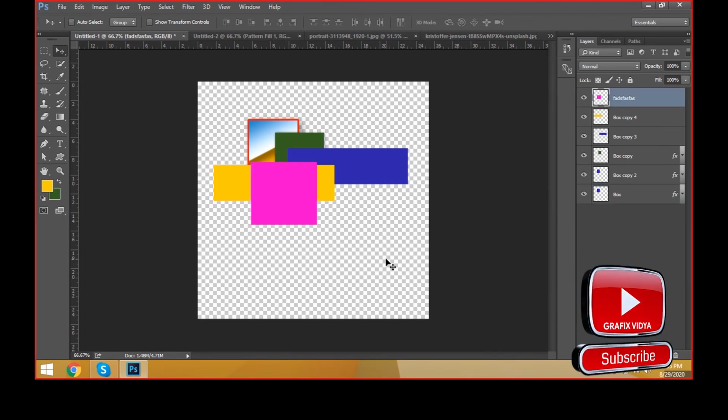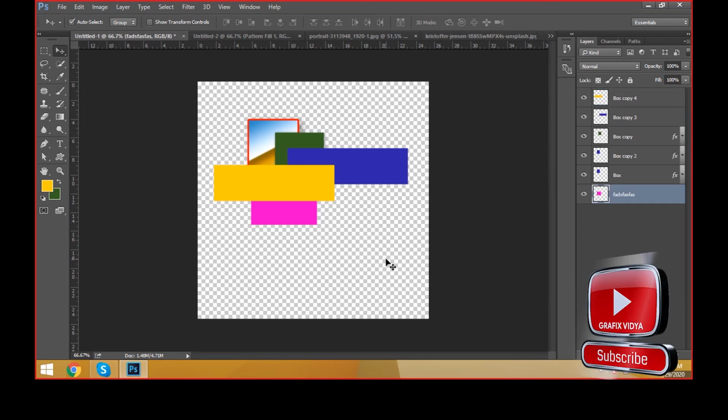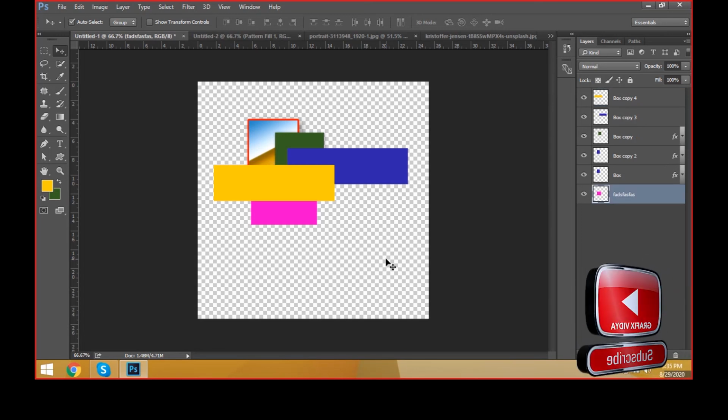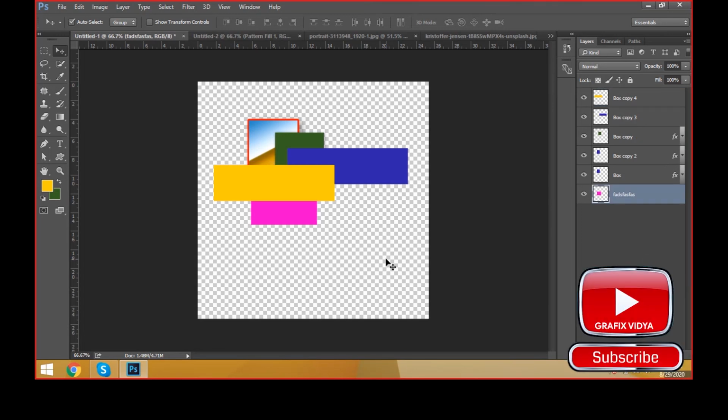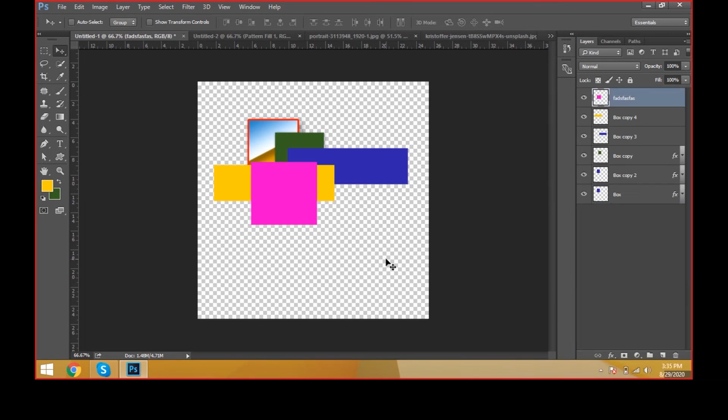Means Control Shift left bracket sends the layer to the back at once, and Control Shift right bracket sends the layer to the front at once.